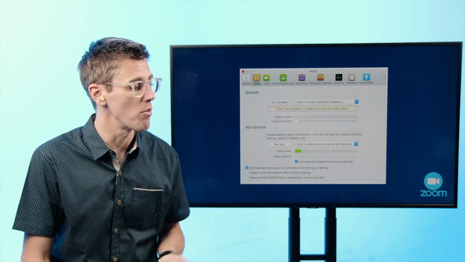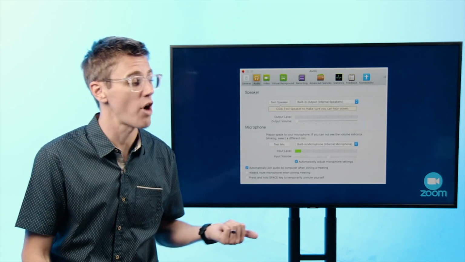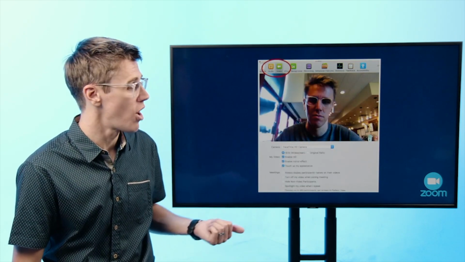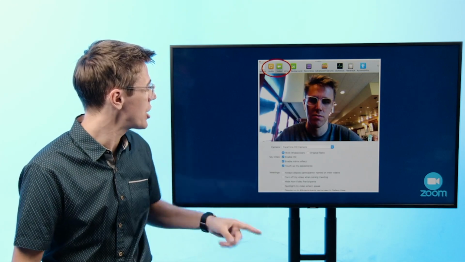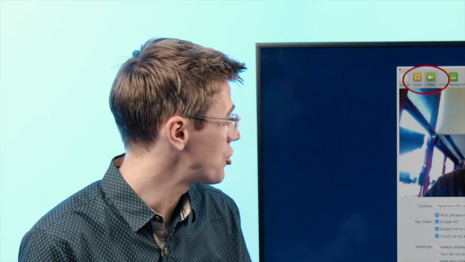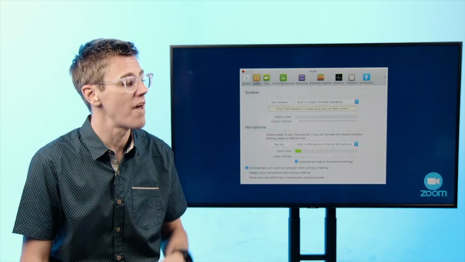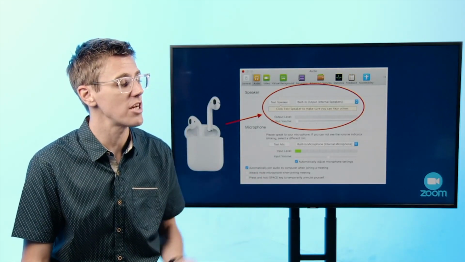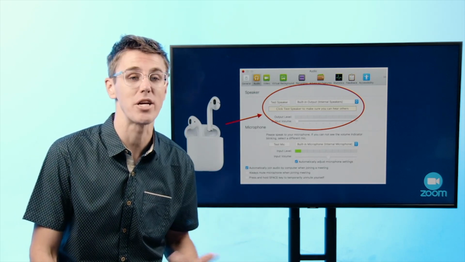And so what it allows me to do is that I actually have drop down options on both of these. On this one, I can actually change out my camera. So I can click on the FaceTime, so if I'm using the FaceTime, which would be the built-in one, but let's say I'm using a USB external camera, that will allow me to change out to another camera. And then on audio, this actually allows me to change out the difference between my speaker and my mic.